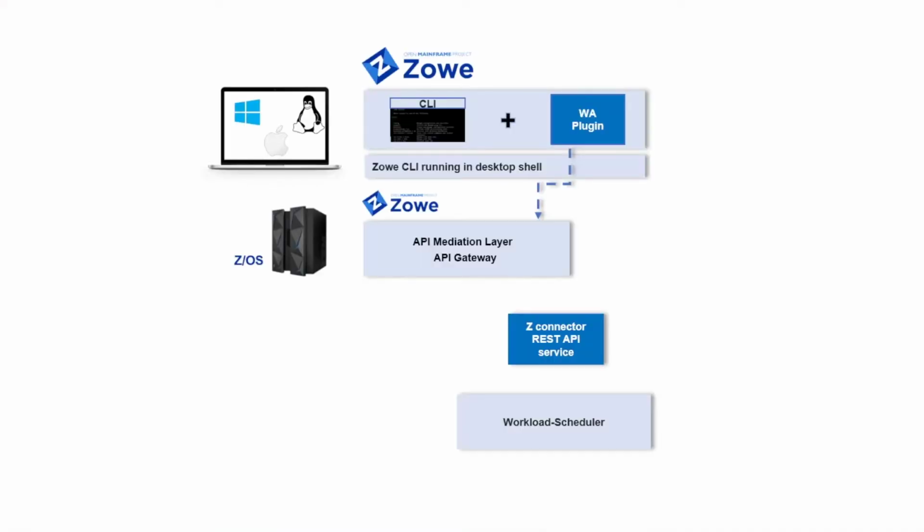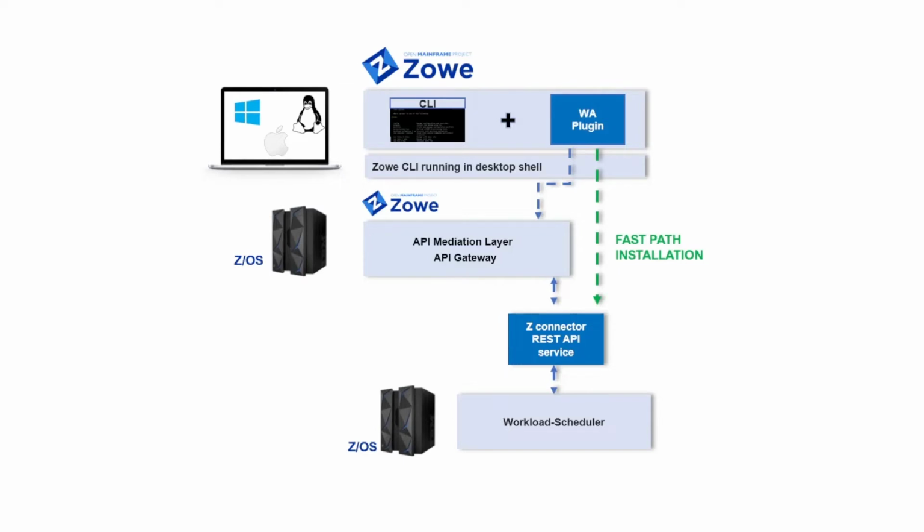The plugin is an add-on of the Zowie CLI component, which is compatible with Windows, Mac and Linux, that enables you to communicate with the z/OS environment through a command line UI. Two kinds of communication exist. One is through API Mediation Layer, which is a component that Zowie installed in z/OS, and another is through REST API of ZConnector, called FastPath.